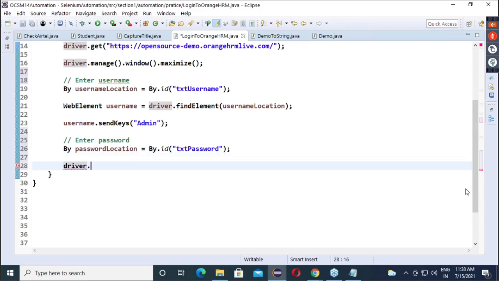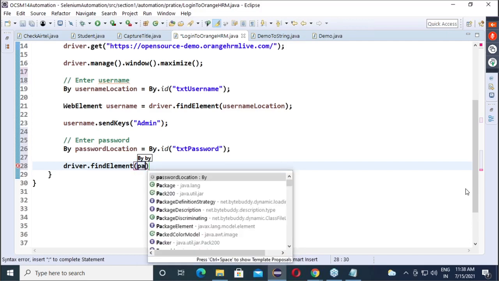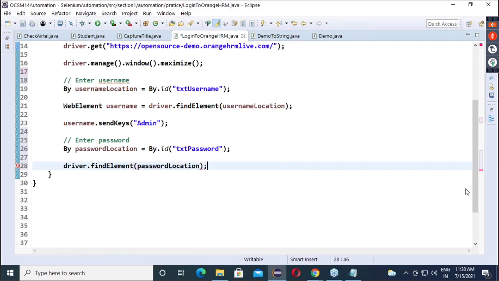Driver dot findElement, and directly we can give the password location, and here we will get the web element, let's say password.